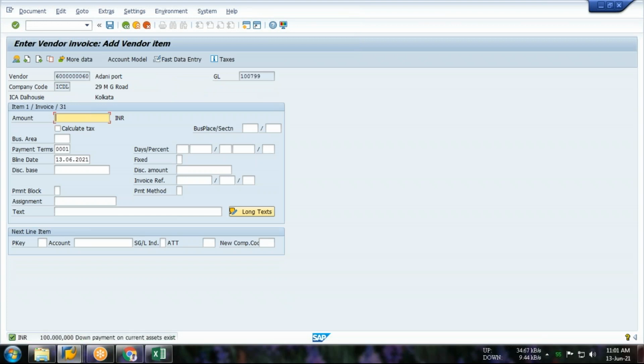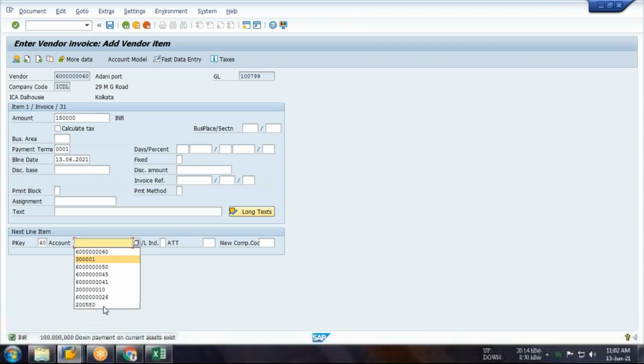Next is the amount. Here you have to put the amount of the invoice. The invoice we have received is 1,50,000. And here you have to put the posting key 40, and this is your expenses account.